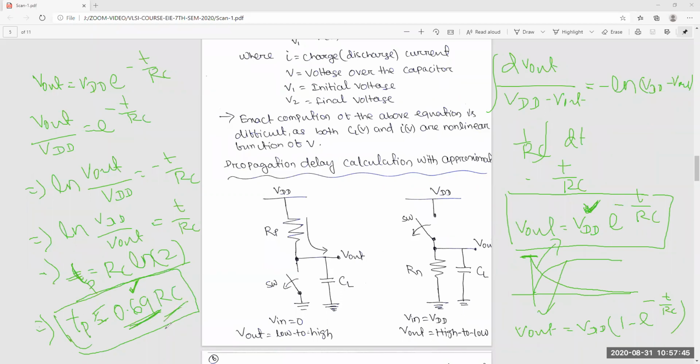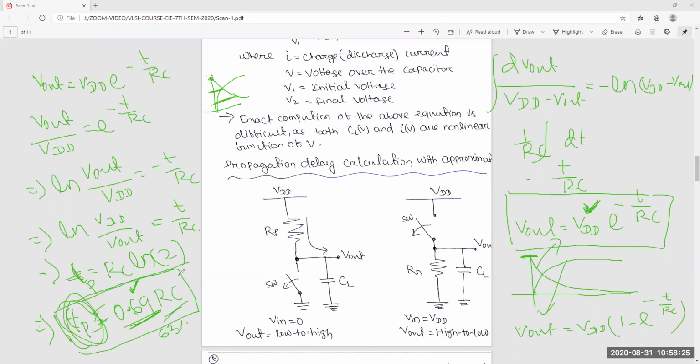that is your 63%. Okay, whether it will charge to 63% or discharge to 63%. Okay, so that is for 1 RC. So it is 0.69 RC. Definitely it will be less than that, charging or discharging. If you give less time, then that charging or discharging value will be less. So that's why for 0.69, this TP is equal to 50% will discharge, not 63.